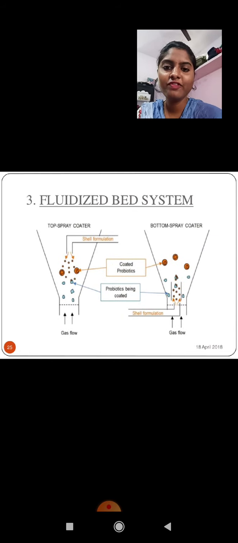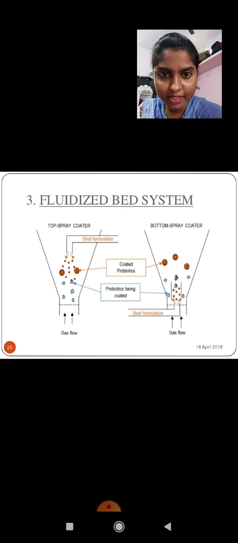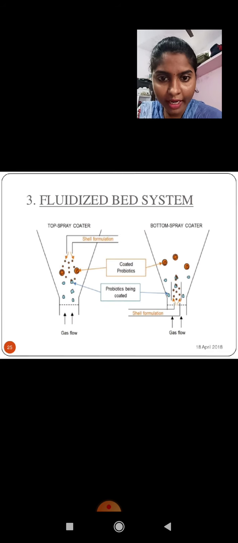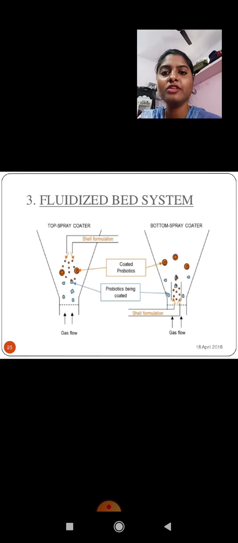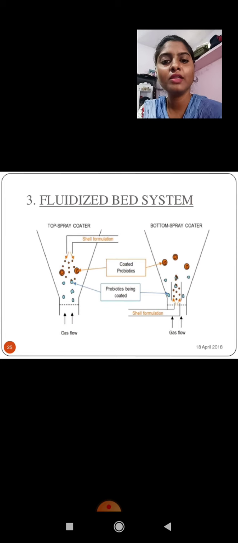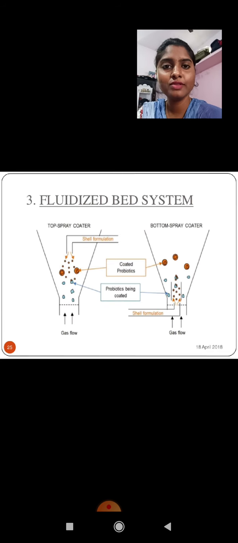Okay, the next one is the fluidized bed system. So this is a fluidized bed system. This is a top spray coater and a bottom spray coater. Okay, next one is a coated product, and probiotics being coated. So why is the fluidized bed system generally used? Some are thermolabile substances, thermolabile medicaments. So in that